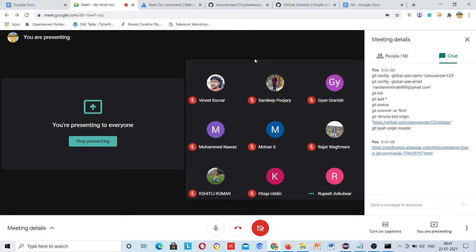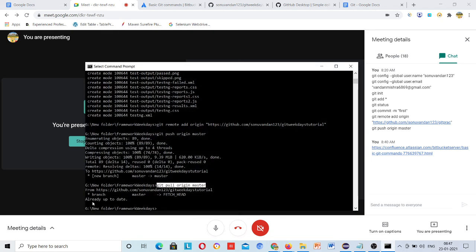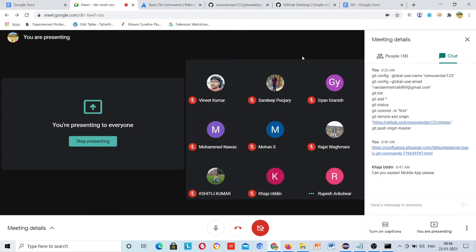In case the code is already updated, it will give you a message like this: already up to date. And in case there were some new updates, it will tell you that your code is updated. So don't worry, just try. Make two folders. From one folder upload your code, and from the second folder update something in the same code and upload that. You will see the changes coming here in messages. So first try this, and then you will get all your answers on your own. Once you try, you will get it.